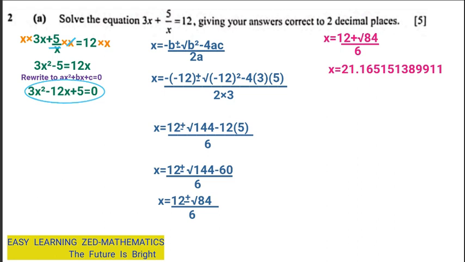Okay, that is the sum you're going to get, which will be divided by 6. Okay, then we're going to say x is equal to, so when you divide 21.1651513899111 by 6, you're going to get